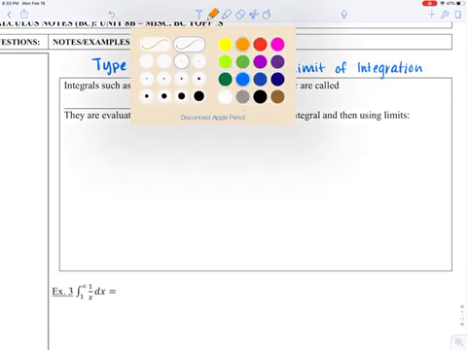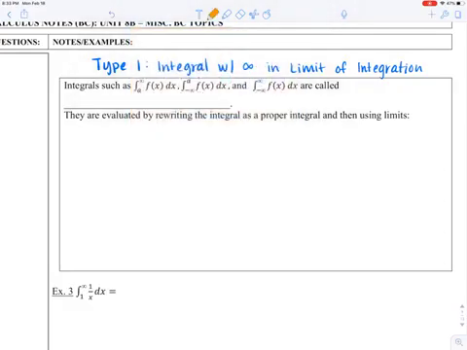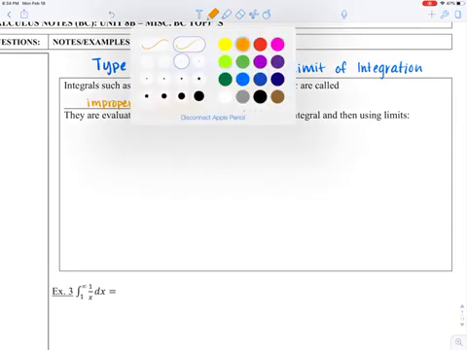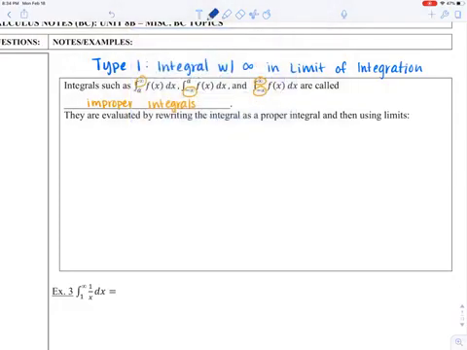So anytime you see an infinity in the bound, either in the top, in the bottom, or sometimes even in both, those are called improper integrals. And we're going to approach them one of 3 ways. If you see an integral from a to infinity of a function,